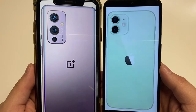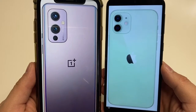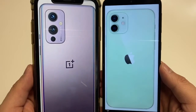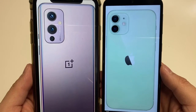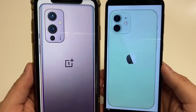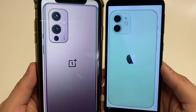Let's take a look. So for the price range, both of these are very comparable. The OnePlus 9 is around $700, a little bit north of that, and the iPhone 12 is around $800. So we've got the $700 to $800 price range, and obviously if you get these phones used, you will pay less. But in overall terms, these are in the same price range, right around there. Both of these phones are pretty much the go-to model for the OnePlus 9 series and the iPhone 12 series on the respective